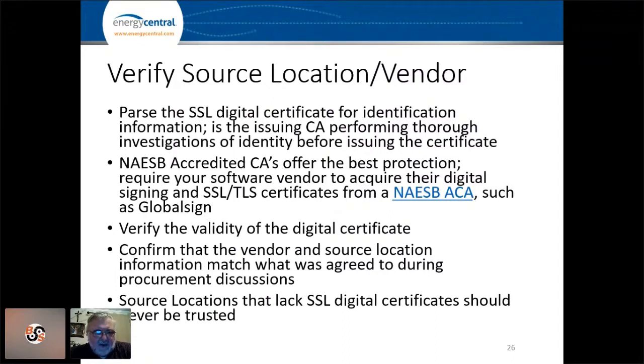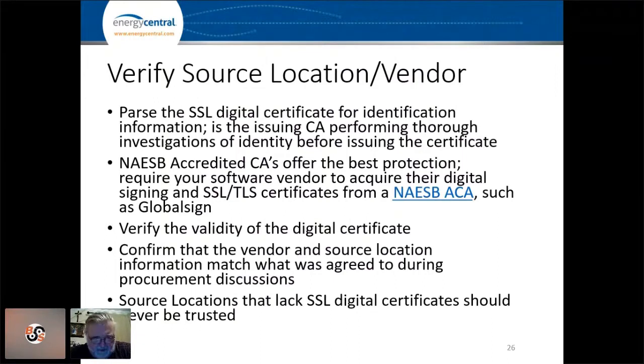The energy industry only has a handful of these accredited CAs, but they're vital to ensuring that the right, or the authorized, party is accessing the servers and systems that are used to run the electric